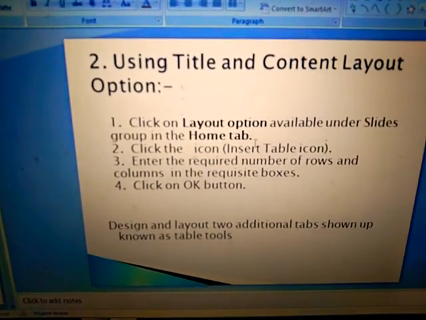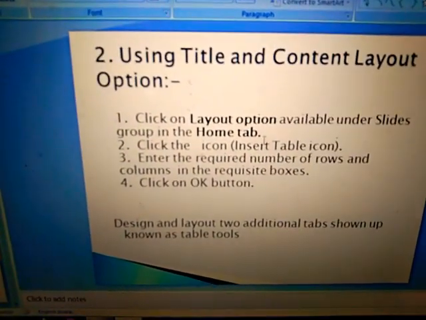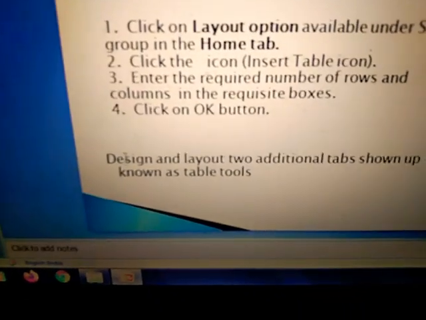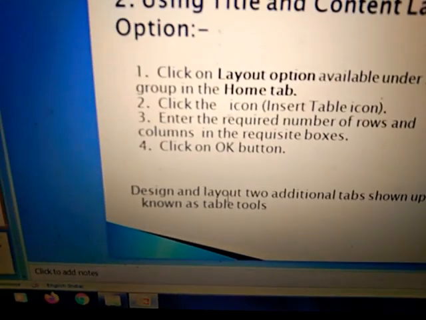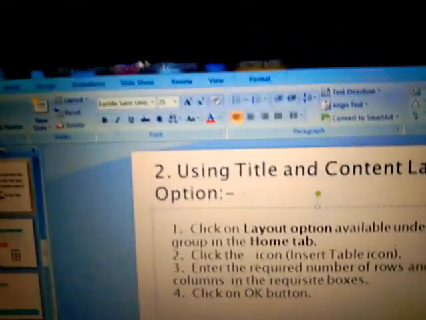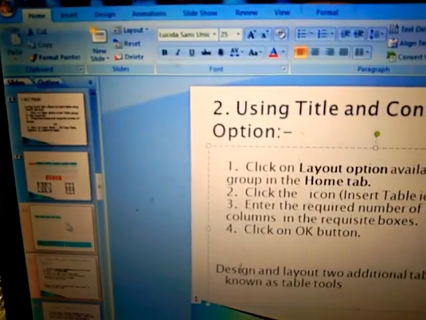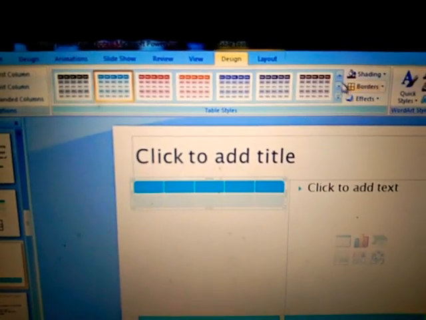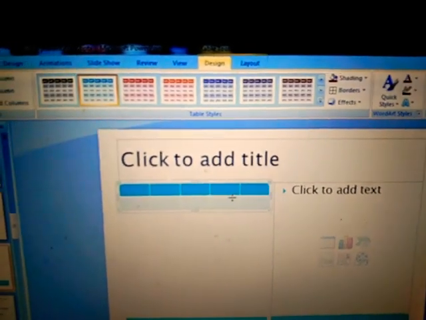When you insert any table, you have seen that two new tabs appear: one is Design and the second is Layout. The Design tab we use for changing the design of any particular table. Select it, and from here you select the design of your table.